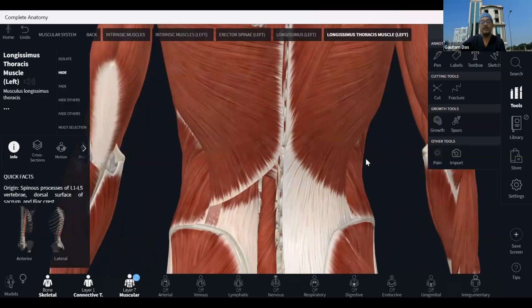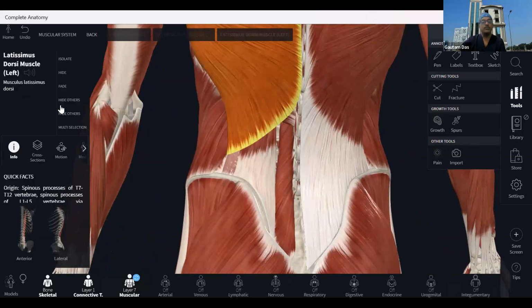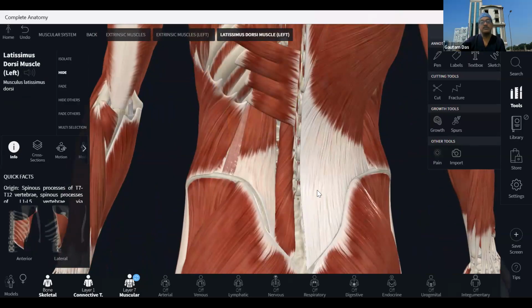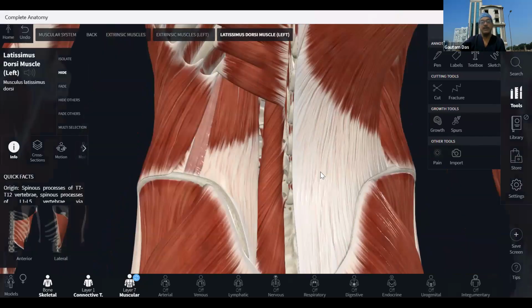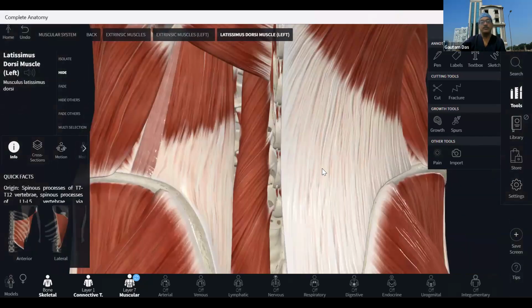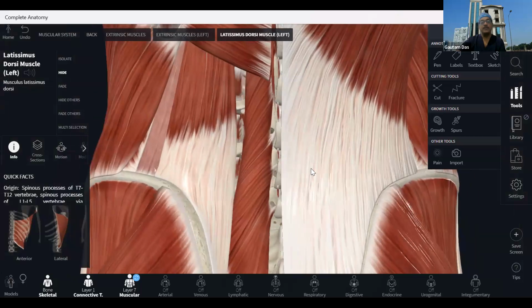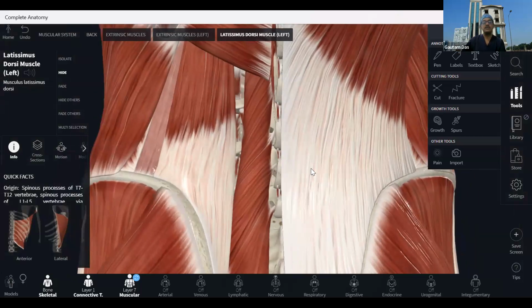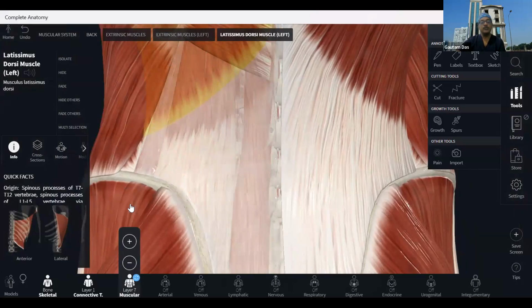Now come to the lumbar area. Let me remove the latissimus dorsi muscle. So here the strap muscle is latissimus. These are the serratus posterior. Let me amplify it a little bit more. So here, what muscles are we having? Here the erector spinae group of muscles has three. One, most medial, is your